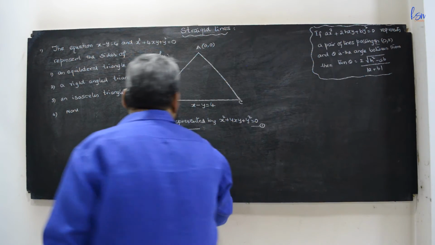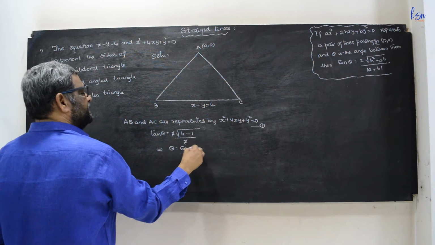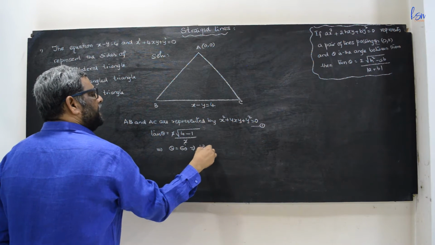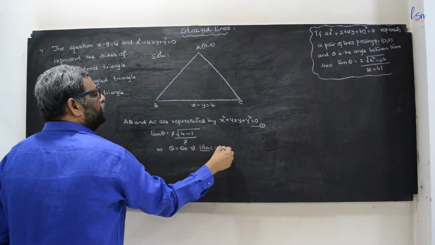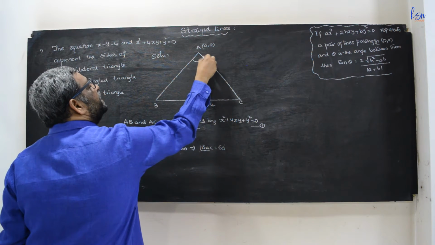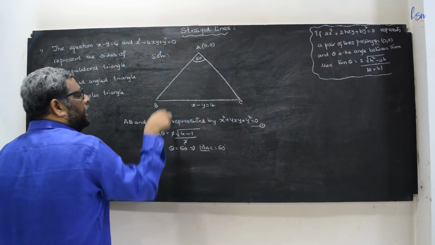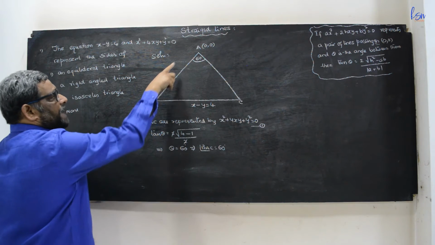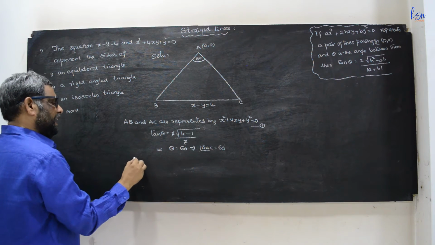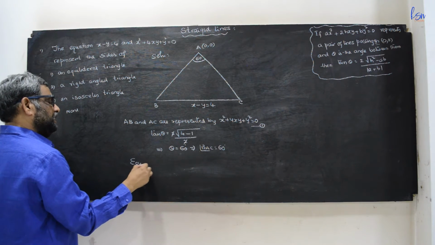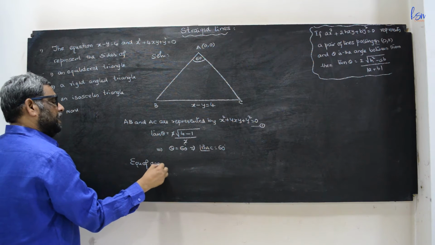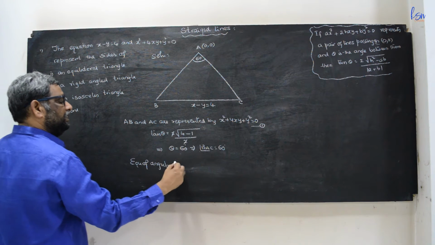So theta equals 60. Therefore it implies angle BAC is equal to 60. So this is 60 degrees. We'll find out the angular bisector of this pair. That means the angular bisector of AB and AC. Equation of angular bisector of